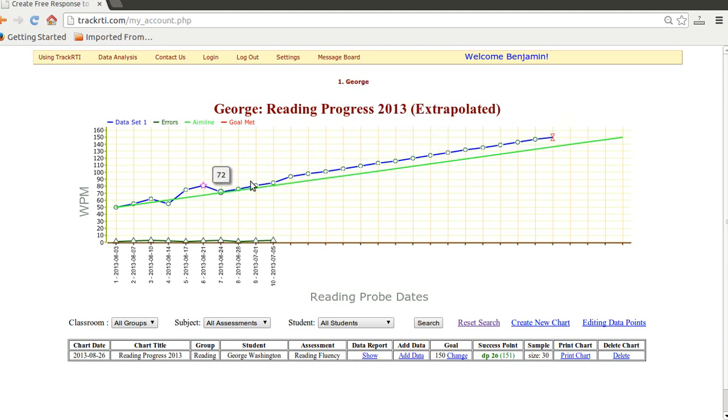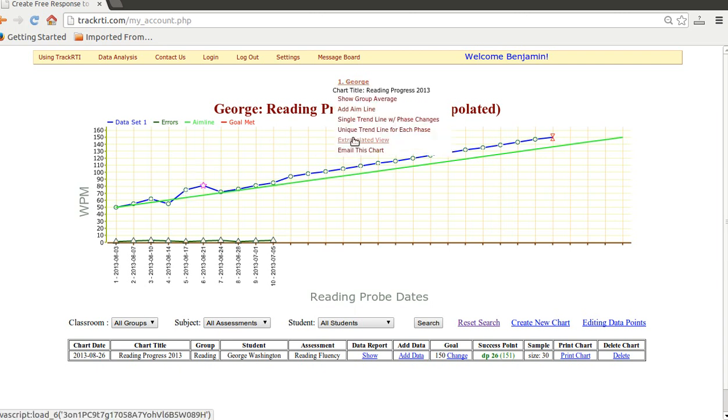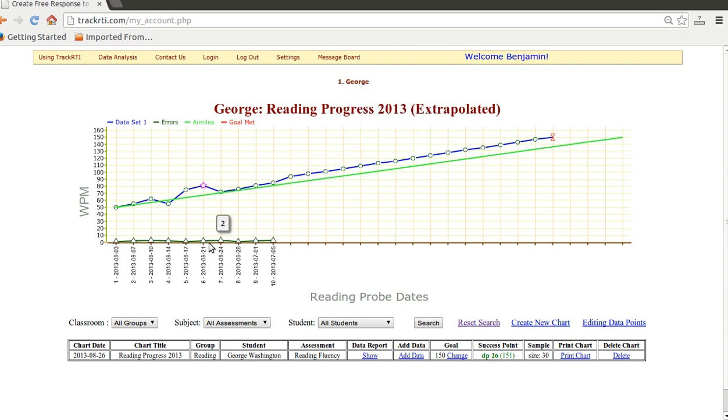The more data you have in here, obviously, the more meaningful that's going to be. So you have to use some judgment, but it's kind of interesting to look at it. If you had some more data in here, about 13 data points is considered significant. And if it was predicting that he was going to reach the goal before you got to the end, you might want to